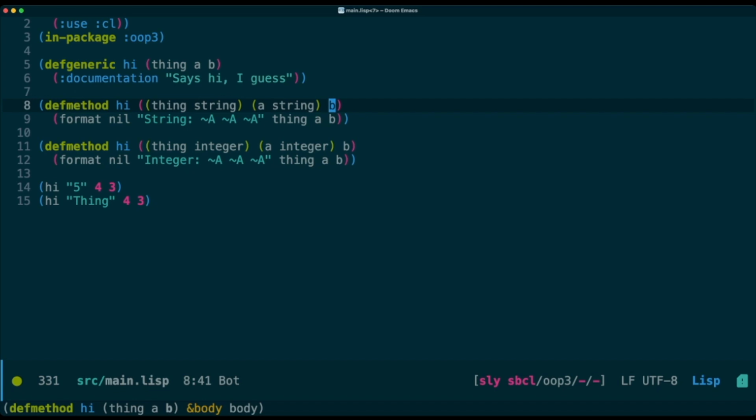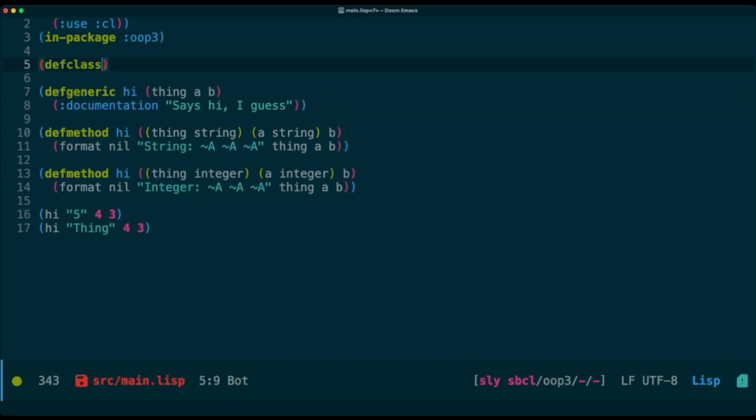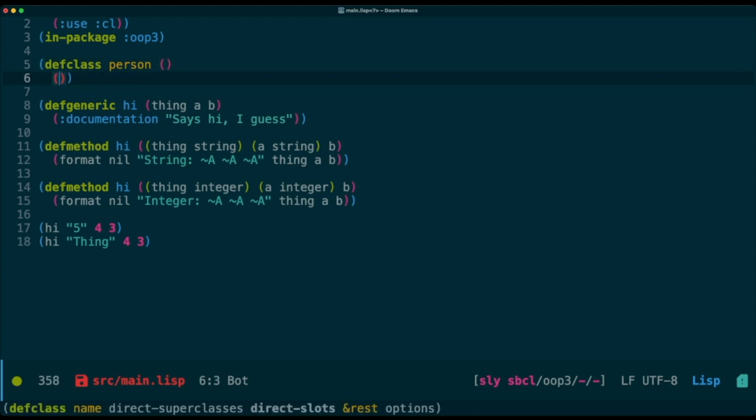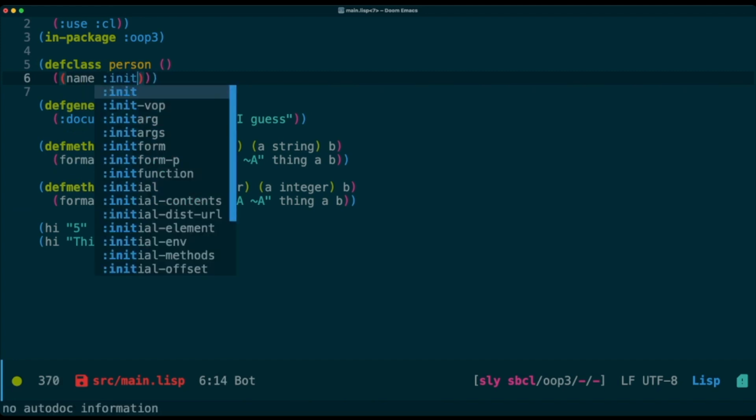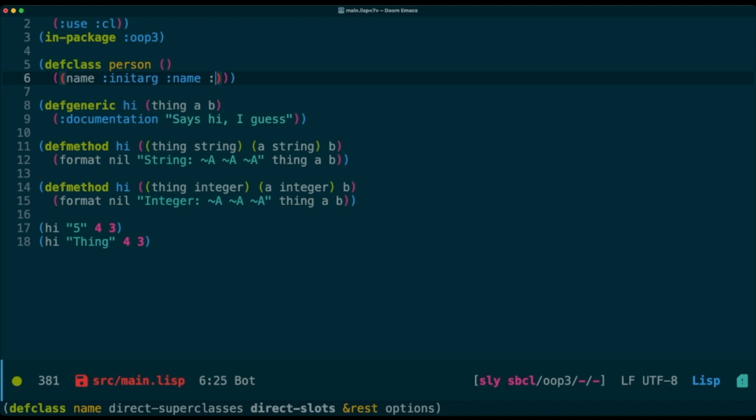class and then the mechanisms to build an instance of a class. What it does is it builds a dedicated type of the class that you are creating. So if we went to def class here, accessor. So we've got our person class here, and we will say thing